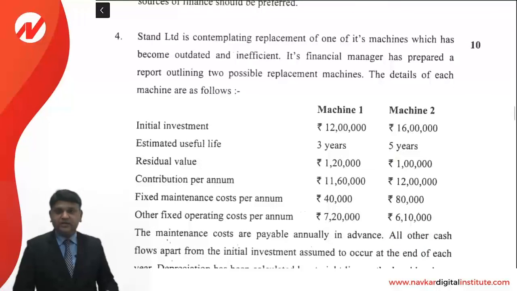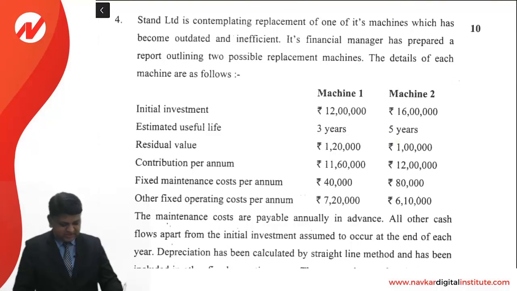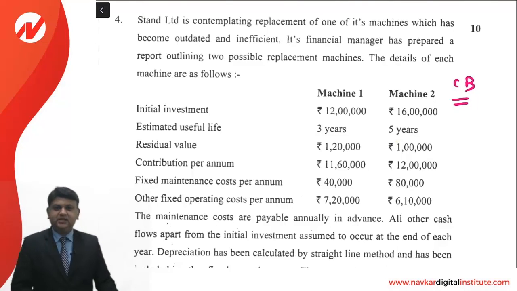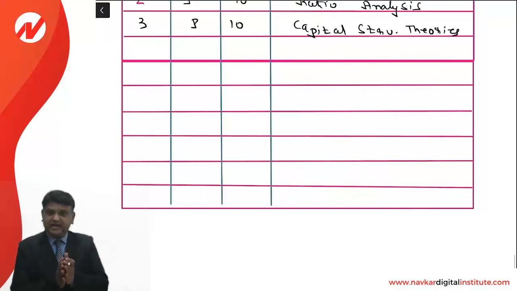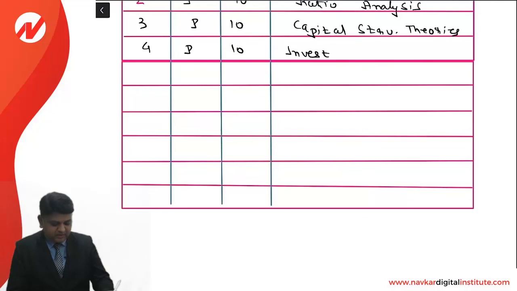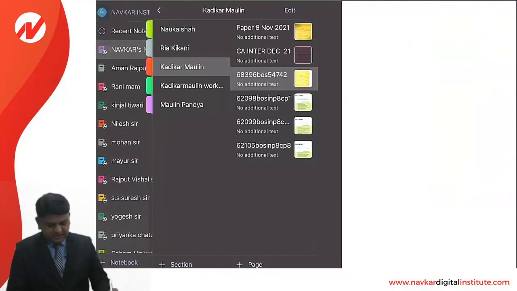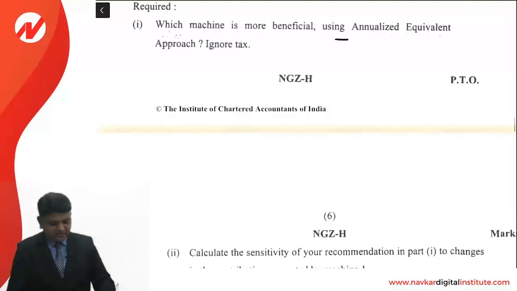Question number 4 is from the very favorite chapter of students, that is capital budgeting. The institute has kept this time also a question of 10 marks from this chapter. That is what they usually do. They have even added the risk analysis in the second part of the question. So the fourth is a practical question of 10 marks from your favorite chapter, investment decision. A good clarification was made in the question that you had to adopt the equalized annual approach. That was good clarity provided by them.